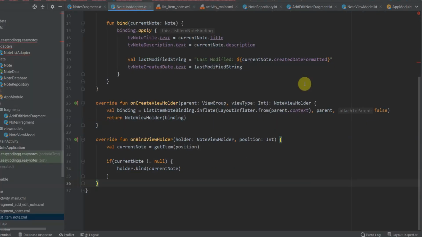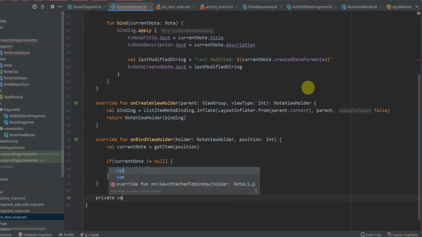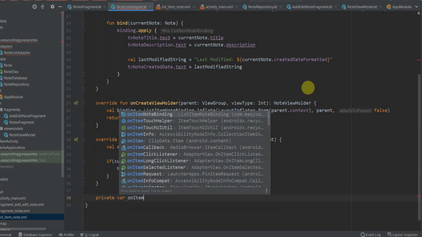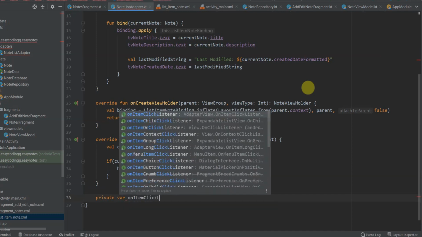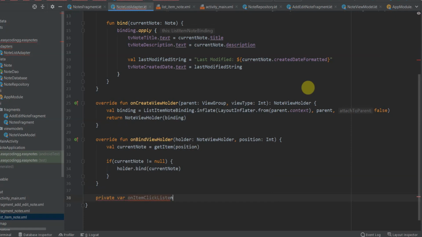Now we want to set an on item click listener to our note item, and for that we will use a lambda function. So first we will create a private var onItemClickListener. It will be a lambda function which will take Note as a parameter and will return Unit.